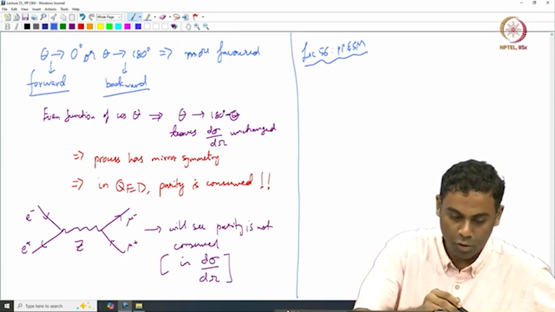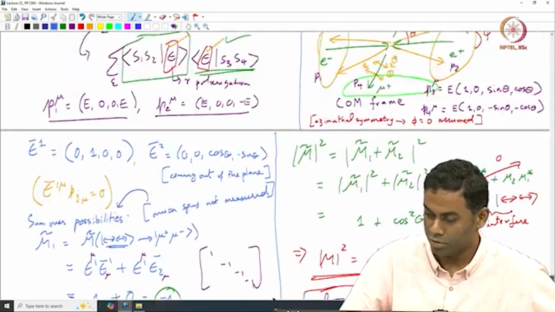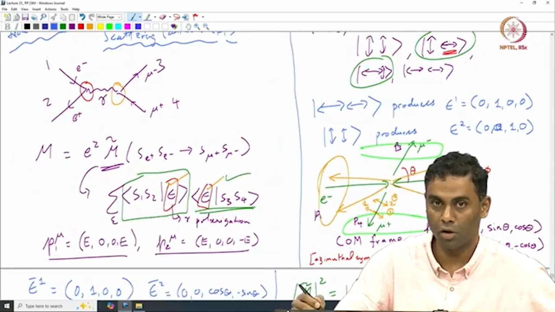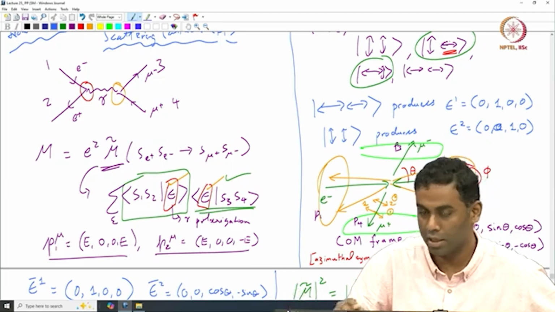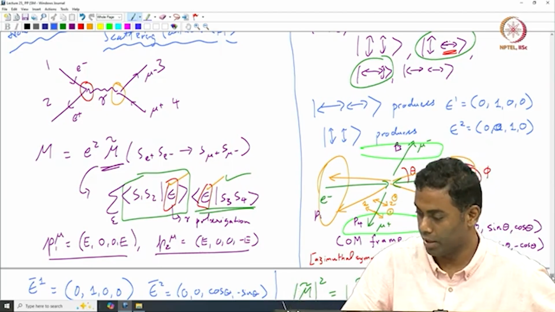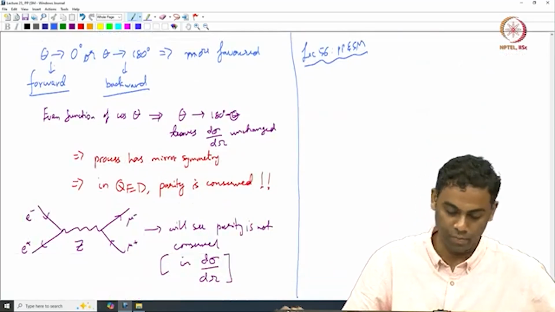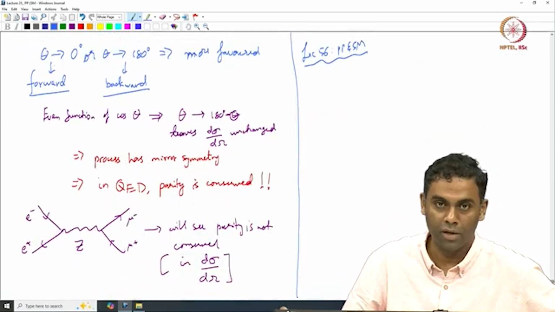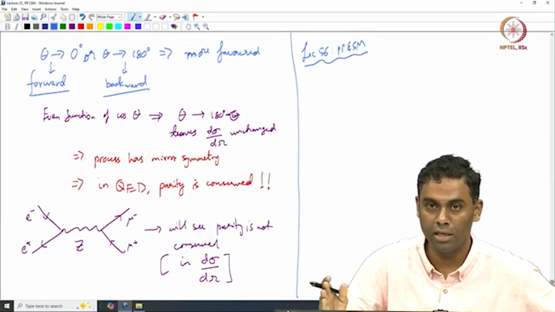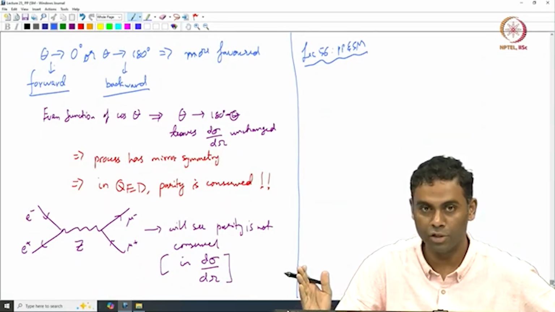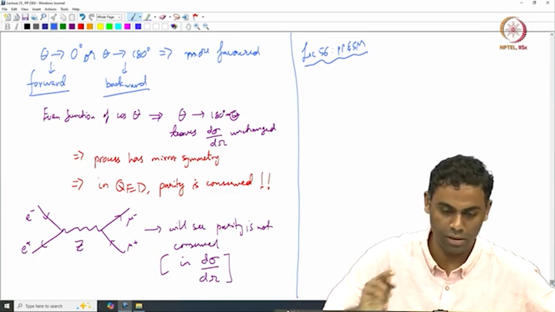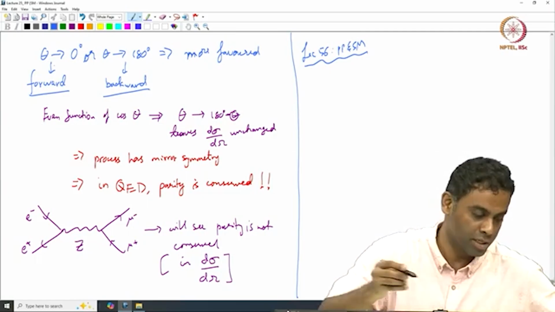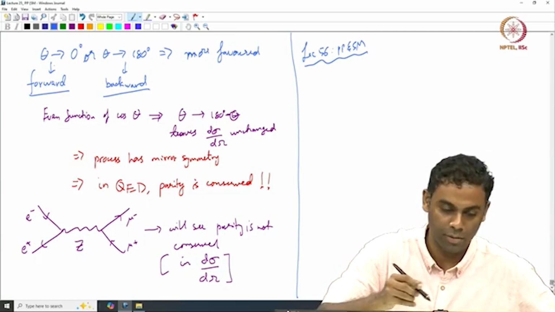We talked about a forward direction, forward meaning this orange region, and the backward direction meaning theta being close to 180 degrees. So if you want to see whether there is any asymmetry between how many events you get in the forward direction versus how many events you get in the backward direction, one can very simply construct a variable or an observable